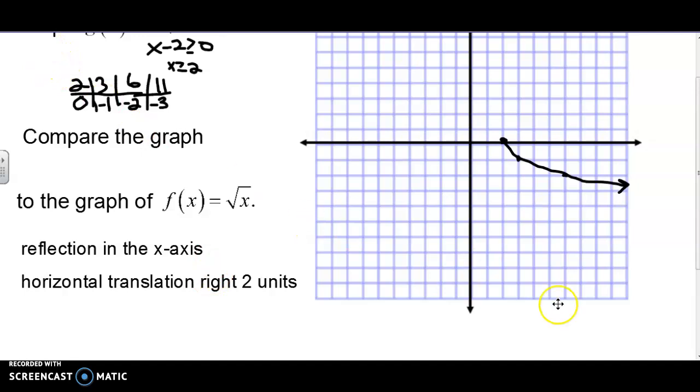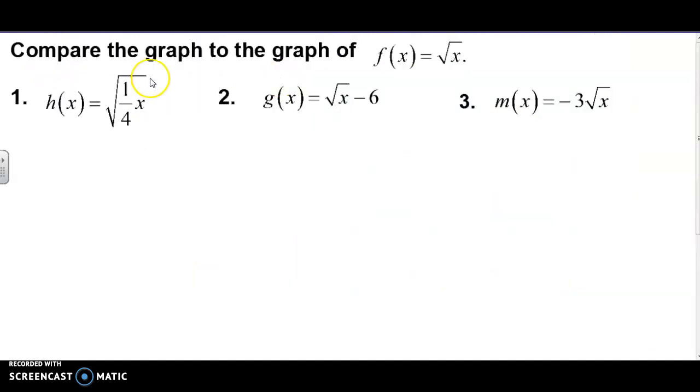Alright, so now on the next page we have a few for you to try on your own. So try these three out, compare them to the graph of f of x equals the square root of x. So all we're looking for here is the transformations. So pause your screens and give it a try, and when you play, you will see the transformations come up on the screen as I talk about